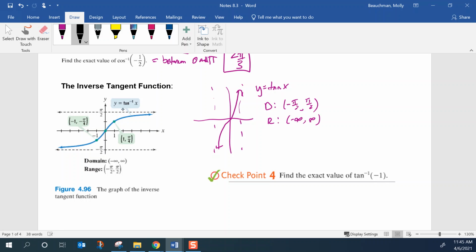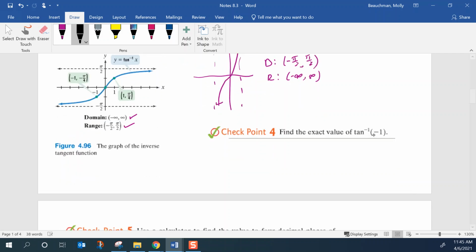So now when we take a look at the inverse, the range and domain switch places. Now the domain is negative infinity to infinity, but the range is negative pi over 2 to pi over 2. So that's the same as the sine. So when you're finding an exact value of the inverse tangent of negative 1, you want to know what angle between negative pi over 2 and pi over 2 has a tangent